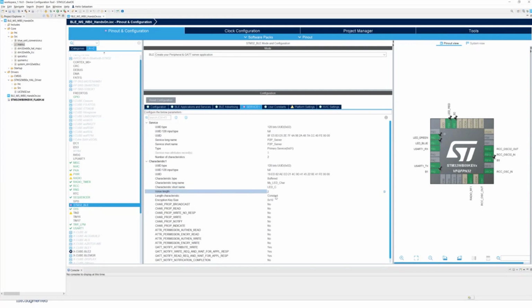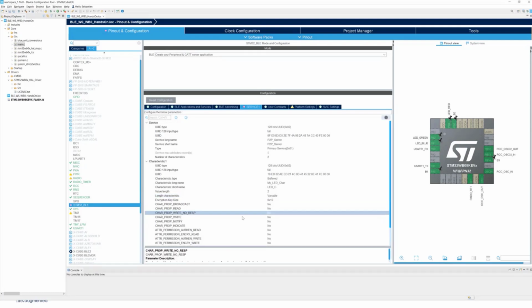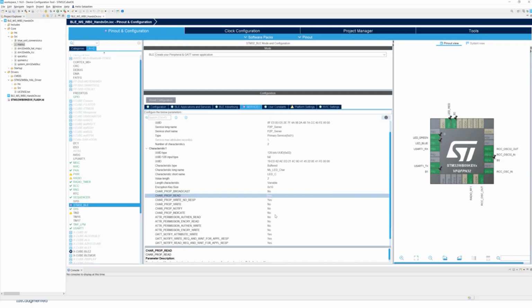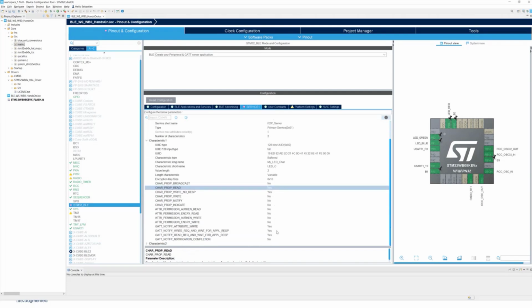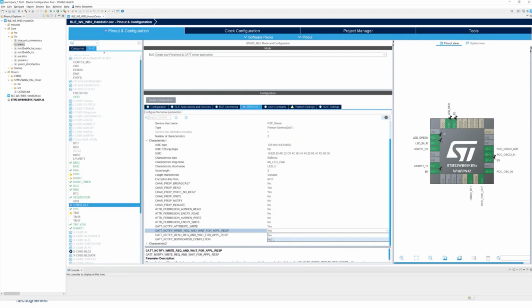Here the length of this characteristic is 2 bytes. And the properties, we said, are write without response and read. My smartphone wants to read the status of the LED and wants to be able to write the status. And then I will deactivate the application response to simplify a bit. Okay, my LED